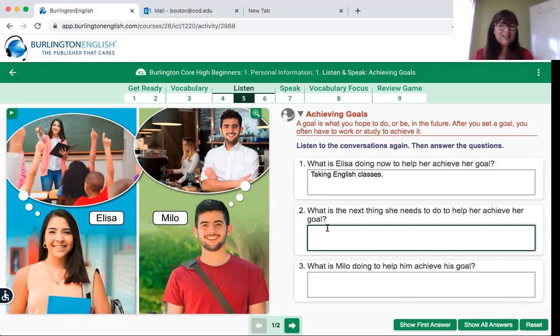What did she say? She said she wanted to go to college, right? Whoops, bad spelling. There we go. What is Milo doing to help him achieve his goal? He's studying, right? Didn't he say he was studying?